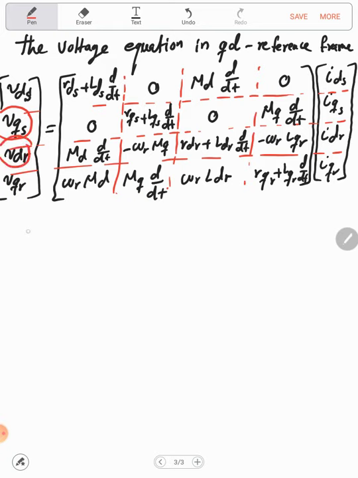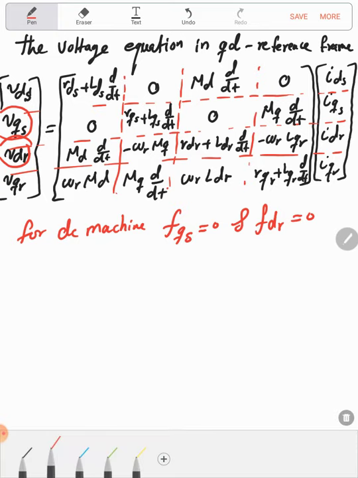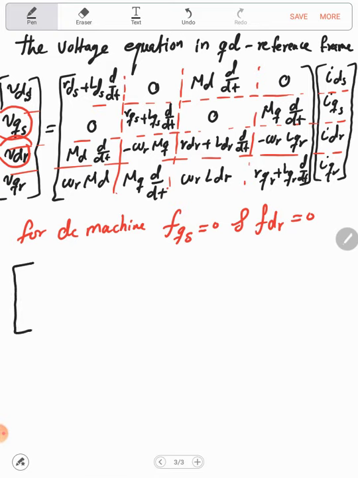So for the DC machine, any variable or any function in the direction of QS is equal to 0, and any function in the direction of the DR is equal to 0. So simply we only have two coils, one in the direction of the DS and the second one in the direction of the QR. So the voltage equation now would be reduced to